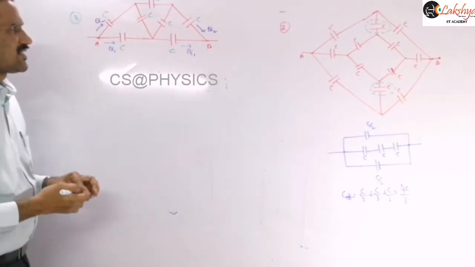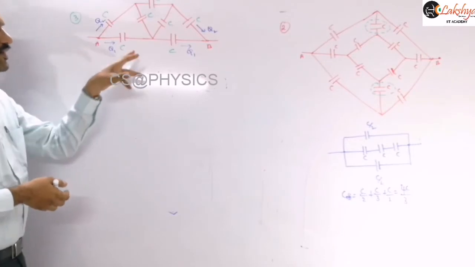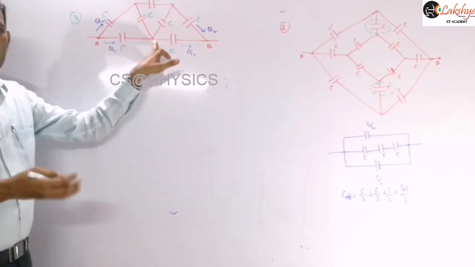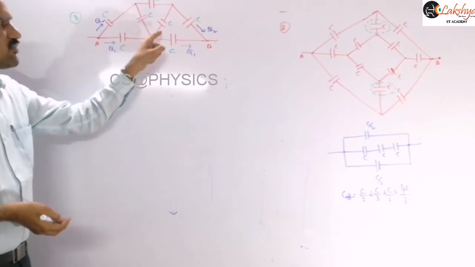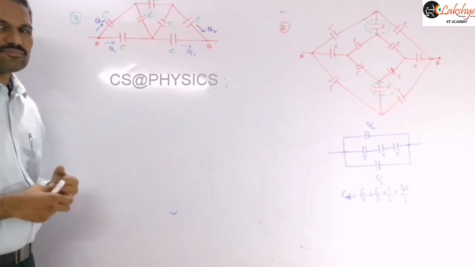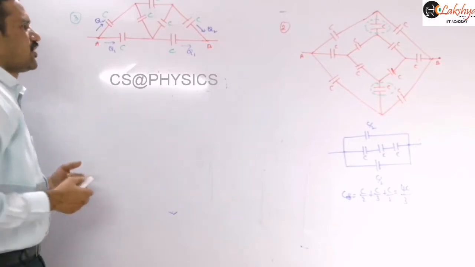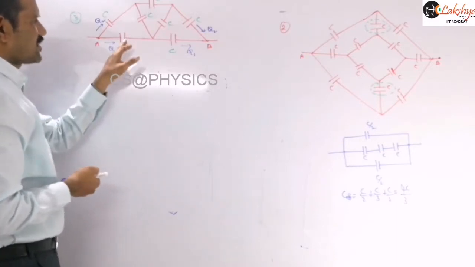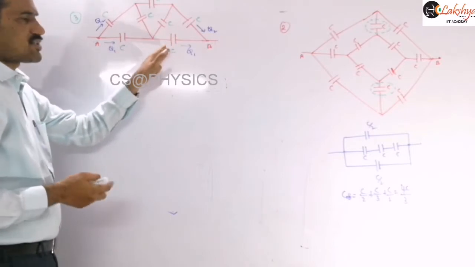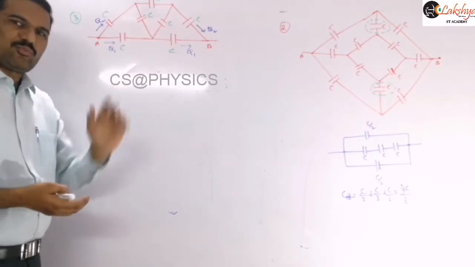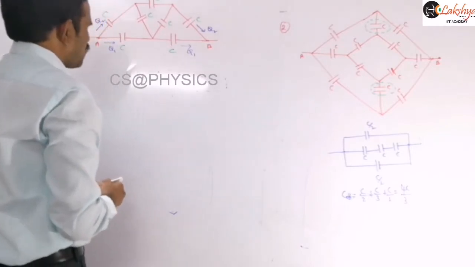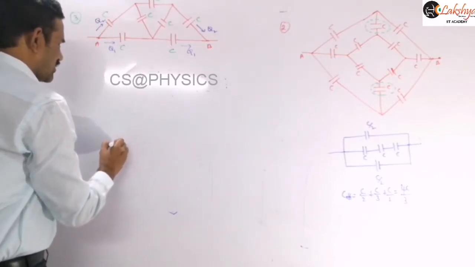And so that is nothing but, equivalently, we can say that there is no division of this current, no division of the charge. And so we can remove this junction. Or you can say that in terms of charge isolation, the charge on these two capacitors will become 0 without adding these charges on these capacitors. So we can remove that junction. So once that junction is removed, the circuit will look like